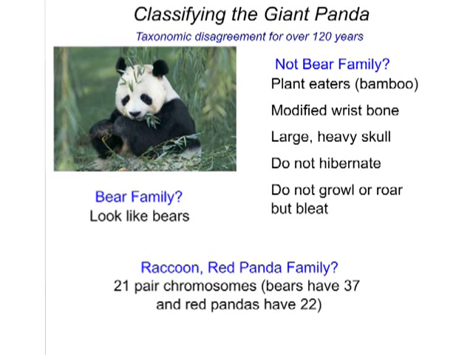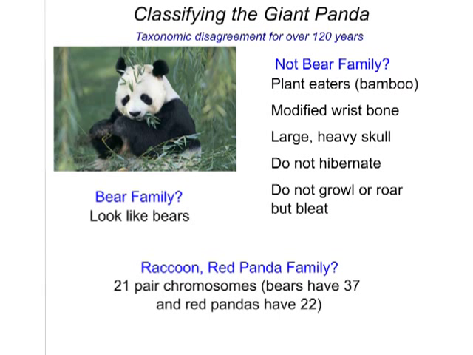So here is an issue that has been around for over 120 years, and that is, how do we classify the giant panda? There has been disagreement amongst biological taxonomists for such a long time. Should the giant panda be in the bear family? He looks a lot like the bears. Should he not be in the bear family? He's a plant eater, he eats bamboo. He has a very modified wrist bone that is not like the bears, and he has a large, heavy skull. That's different. He does not hibernate, and the giant panda does not growl or roar like other bears, but